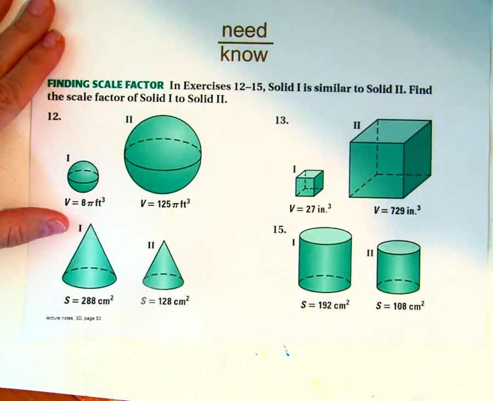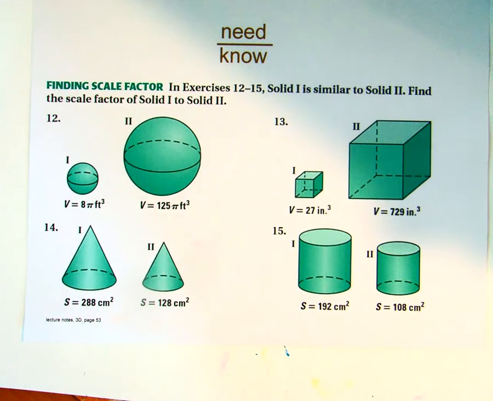Okay, now the next step is going directly from volume to volume. Now this is going to be kind of weird for you because it's going to seem wrong when you do it. It's 8 times as much, because say if the length, the linear dimension, is twice as much, then the area is 4 times as much, 2 times 2, one for length, one for width. 8 times as much, length times width times height. So it's going to get big really fast, and it's going to look wrong until you get used to that concept. So again, we'll use the need over know